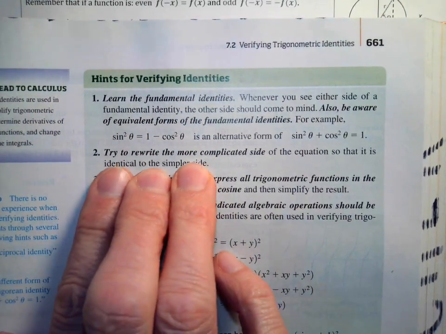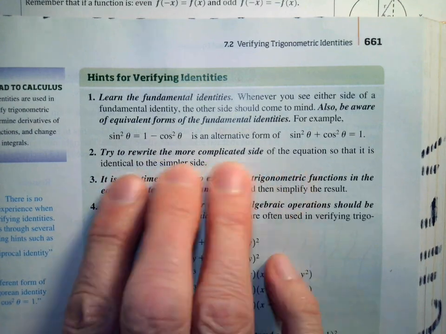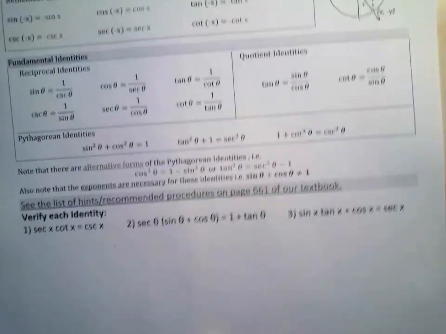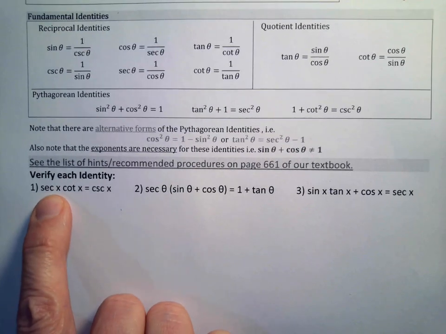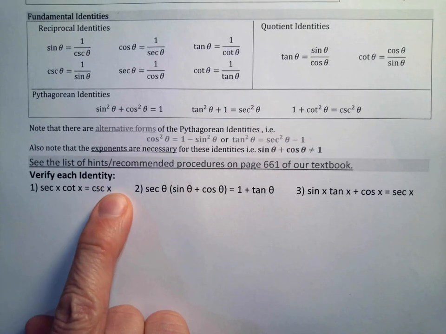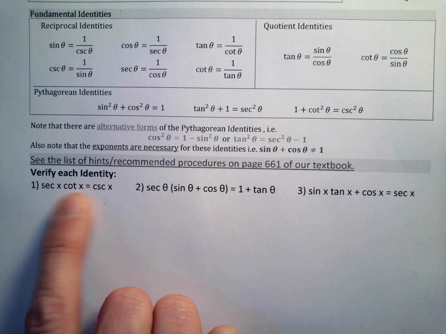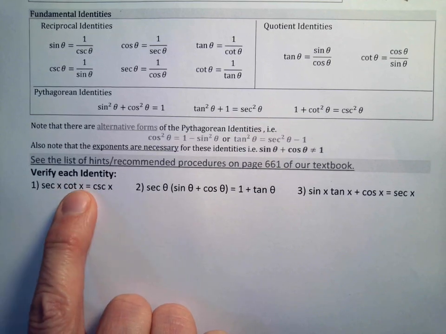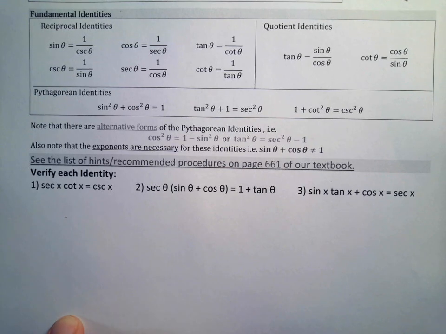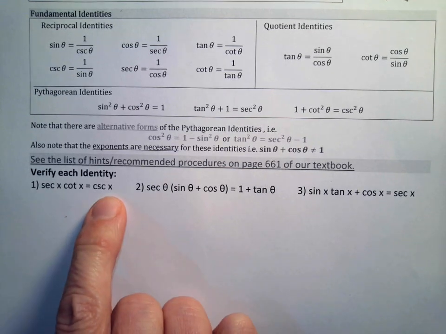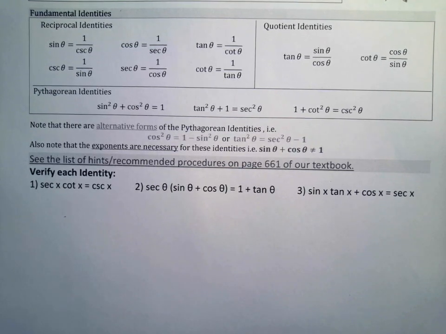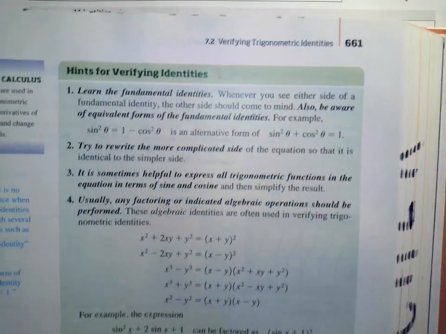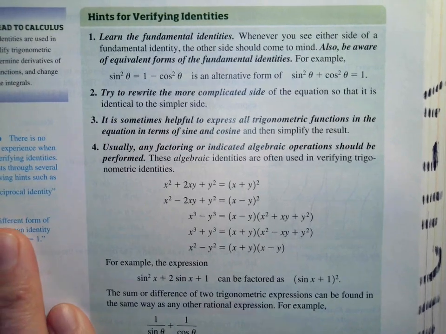homework. All right, so when we're getting to identities, what we're going to do is try to take this expression and turn it into this expression. So we want to show that these two sides are equal. So we'll take one side and manipulate it until it's equal to the other side. And so basically this list on page 661 is some things to take into consideration